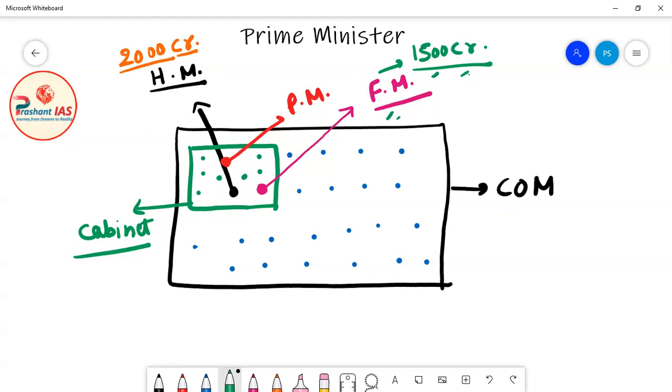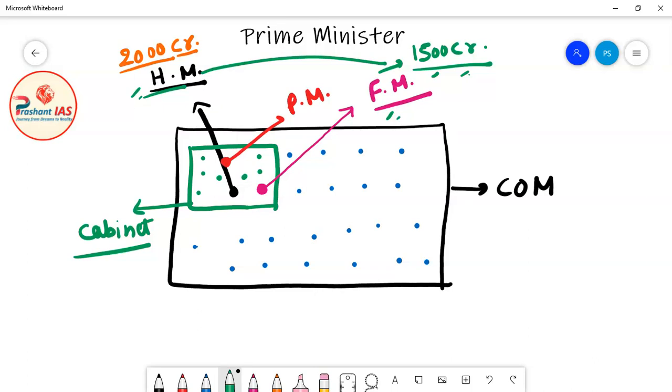So now what will they both do? Definitely they will start fighting. The health minister will say, no, I need 2000 crore, otherwise people will suffer, because people are not healthy this year. There are many diseases. But the finance ministry is saying, sir, we have to invest in the economy, we have to invest in defense, and there are many other sectors. So now both of them will start fighting with each other.